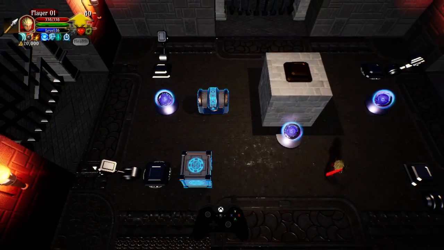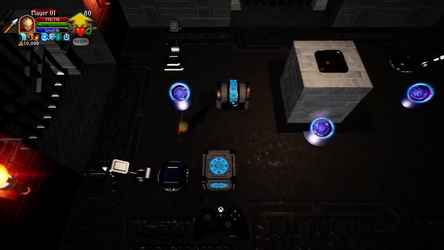Can we use that as a portal? Not that we want to completely change the mechanics of our game, but